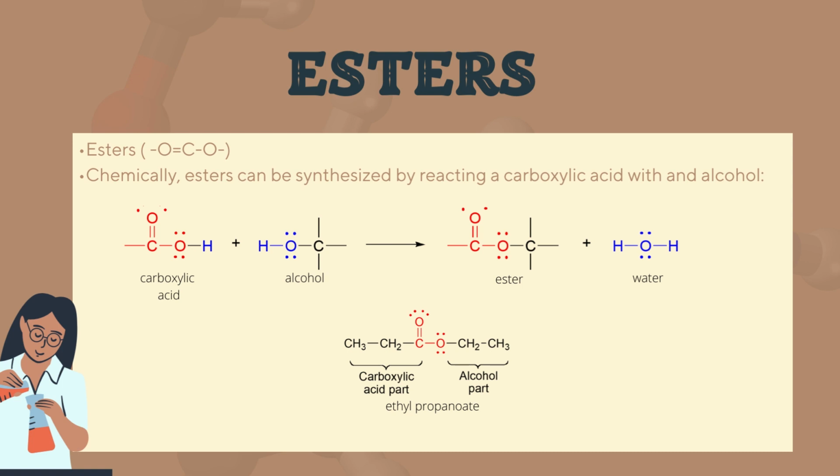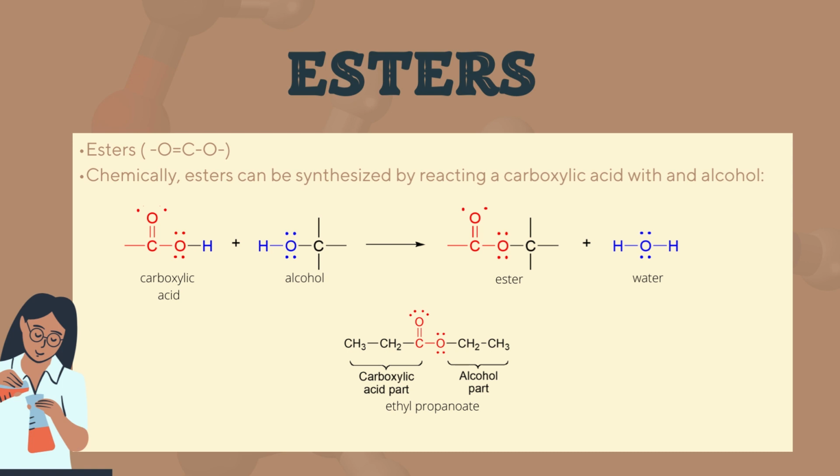So now we have ethyl propanoate. Where is it derived from? Take a few minutes to think about that. Remember, we said that ethanol and ethanoic acid give ethyl ethanoate, where ethanol is changed to ethyl, while ethanoic acid is changed to ethanoate. So now we have ethyl propanoate on the screen. Think about it. Ethyl propanoate will be derived from ethanol and propanoic acid,